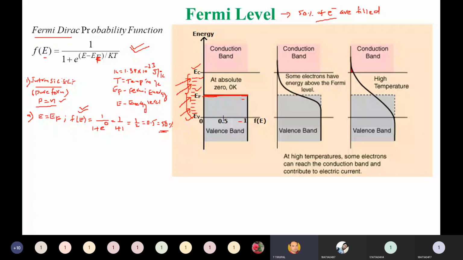Case 2. If the energy applied externally is greater than the Fermi energy level. Now can you tell me what the answer is? If the energy applied is greater than the Fermi energy level EF, what will be the answer? F of E is equal to what? Put it in the chat box, send it to me in the chat box. If E is greater than EF, what is the probability of finding an electron present in which energy state? This case 2 has been asked in GATE